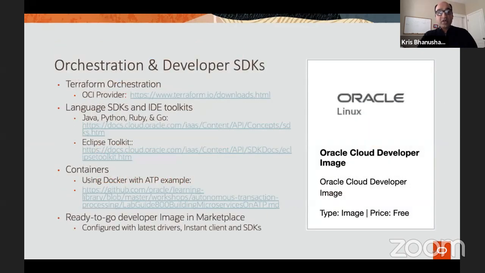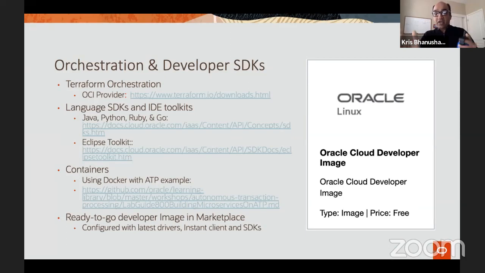All of the typical orchestration interfaces, Terraform, SDKs, all of these are available. So these are very standard tools out there in the industry. And the service works whether you use REST APIs or write your own automation using your favorite language. There are language drivers available to enable you to do that. Being able to use the database service with, for example, a microservices architecture, a container-based service in the application tier, the database service, in a way, provides a comparable container service in the backend for the database.